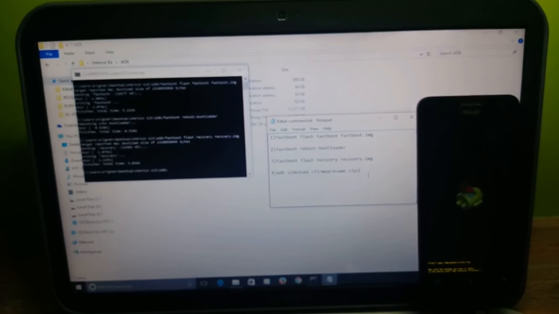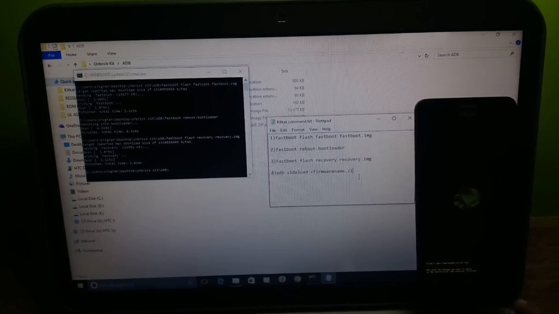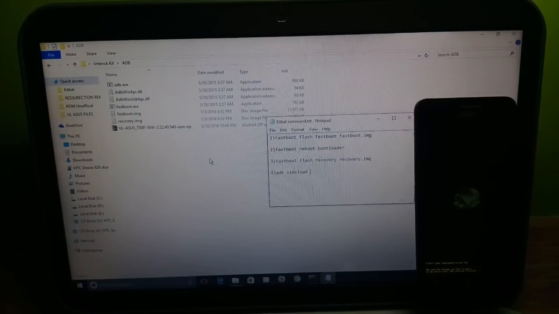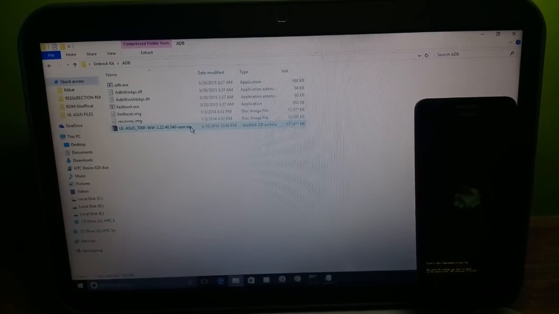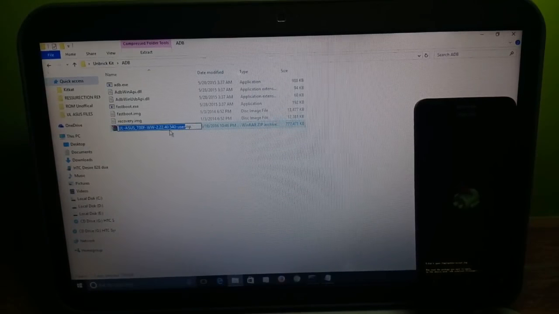So guys, the next step is to edit the fourth command. So please remove the firmware zip wordings over there and replace it with the UL ASUS TOF WW-2.22.40.54.